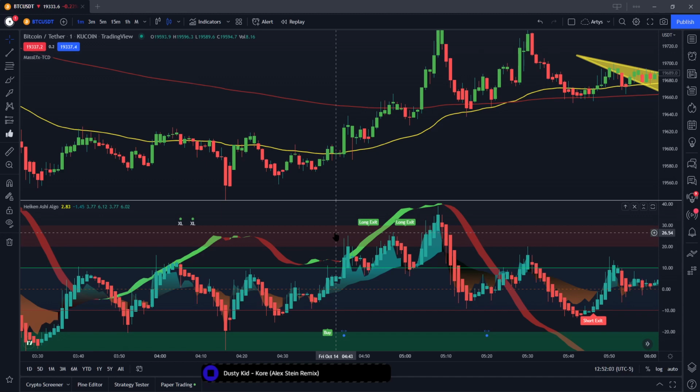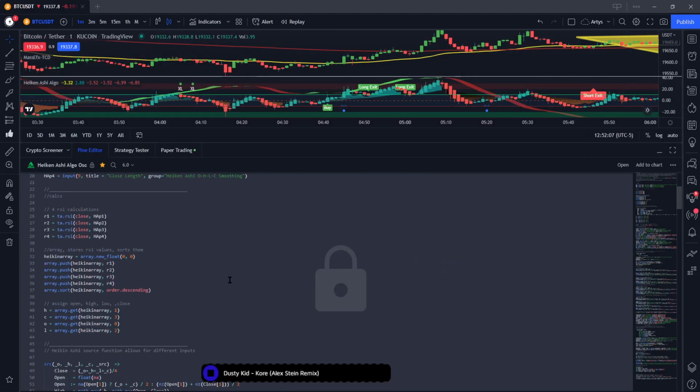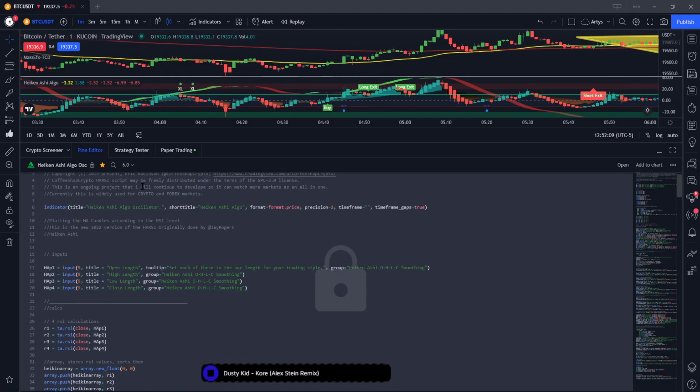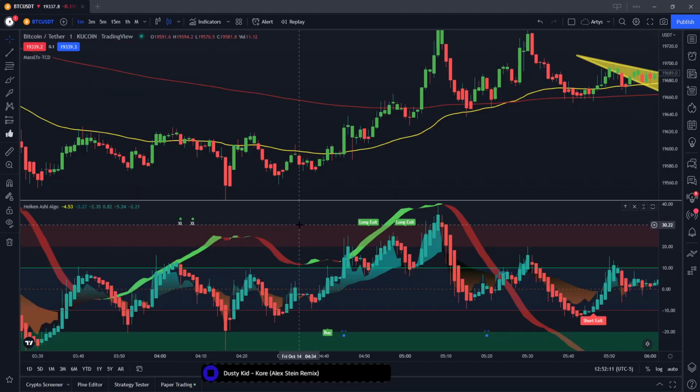Okay. I also removed some needless code from the script, which you probably don't need to see, right? I removed some needless code to make it run a little bit smoother. And now let me get onto some questions, and then I will tell you about the RSI moving, the RSI